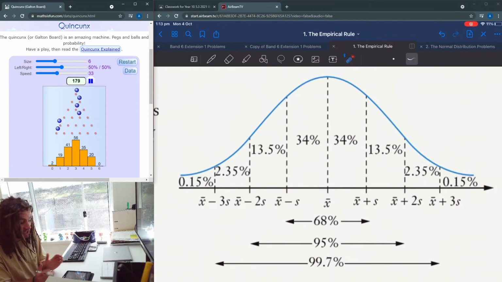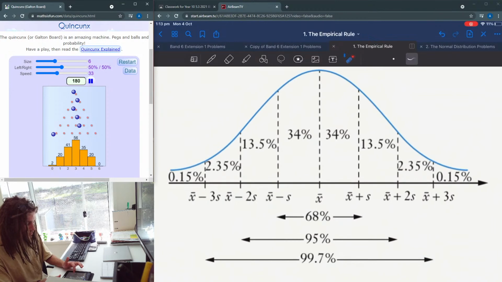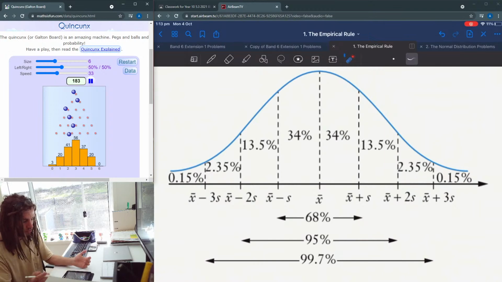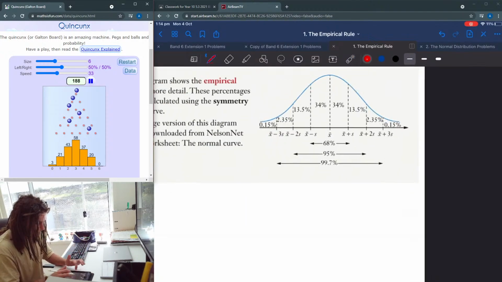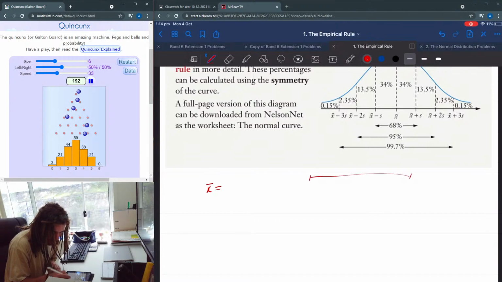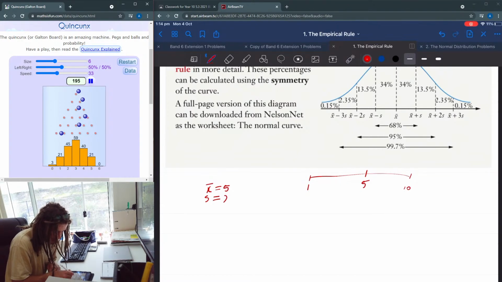So just remember, you'd be given the fact. A question would probably say, here's a normal distribution, here's the mean, here's the standard deviation. Tell me what 2 scores are 68% of the people. I don't know, something like that. So let's just make up some example, let's use that line example, 1 to 10. If I said the mean, or x bar, was 5, and the standard deviation was 2, which is what I was saying before, then what percentage of people, or actually scores,